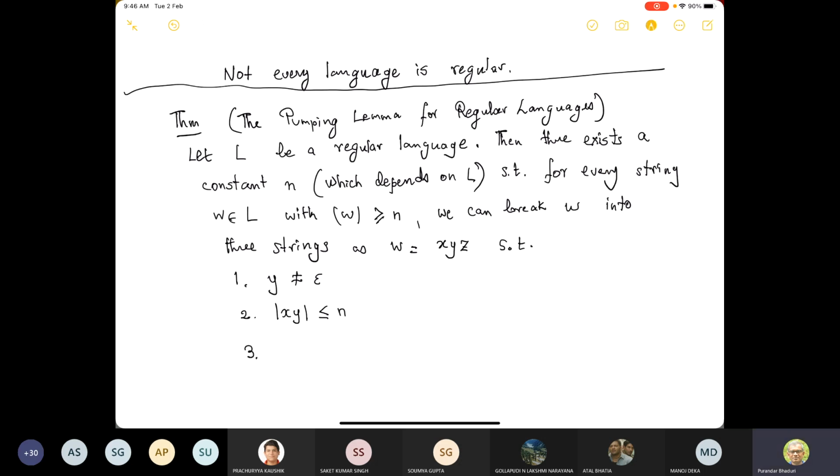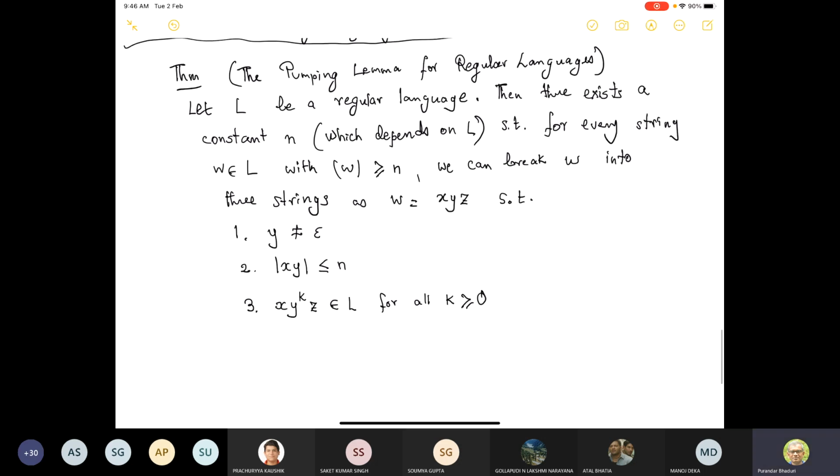And number 3, X Y to the K Z belongs to L for all K greater than or equal to 0. And if you want to write it in words,